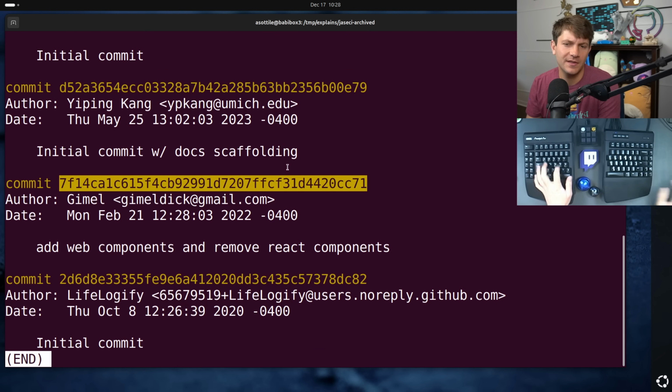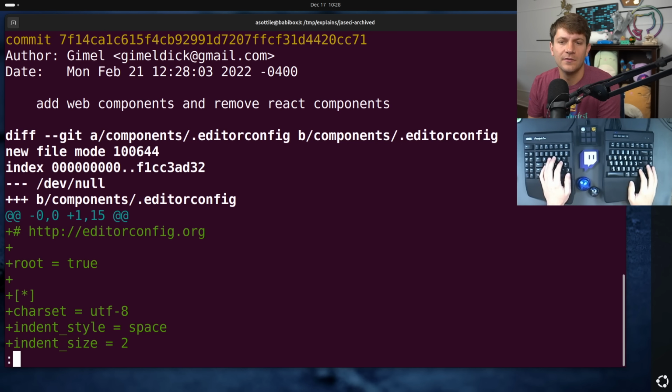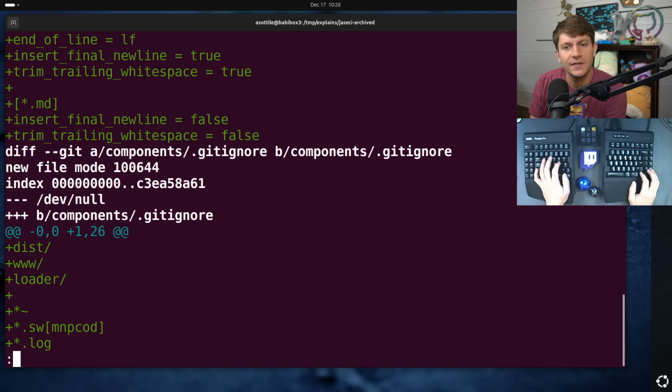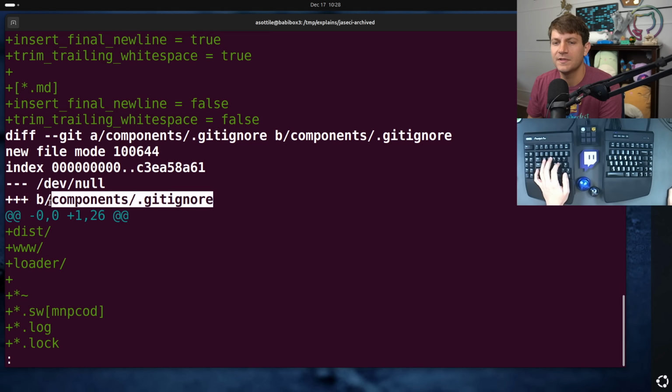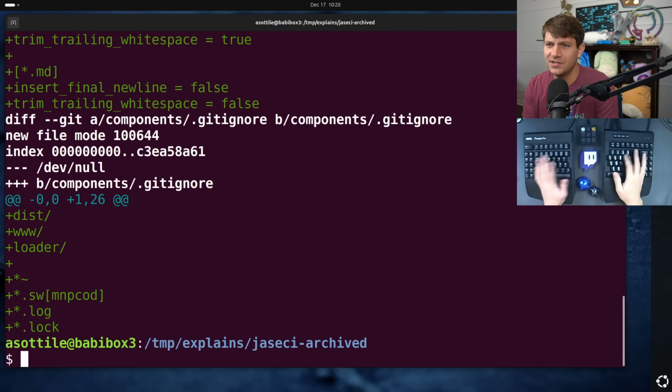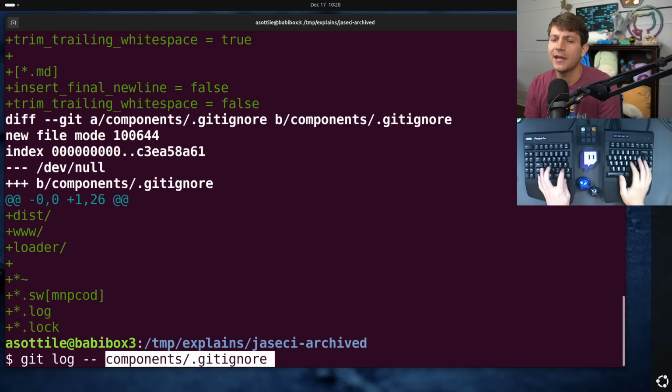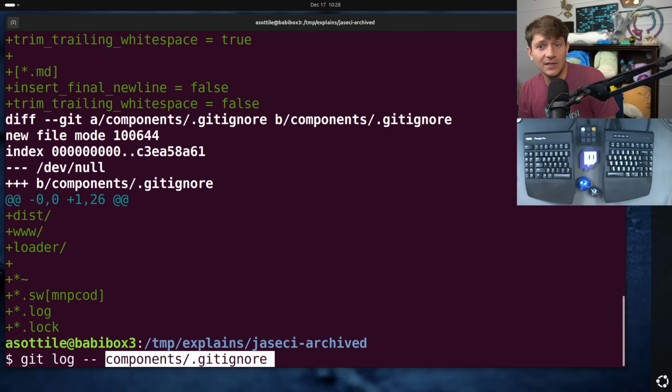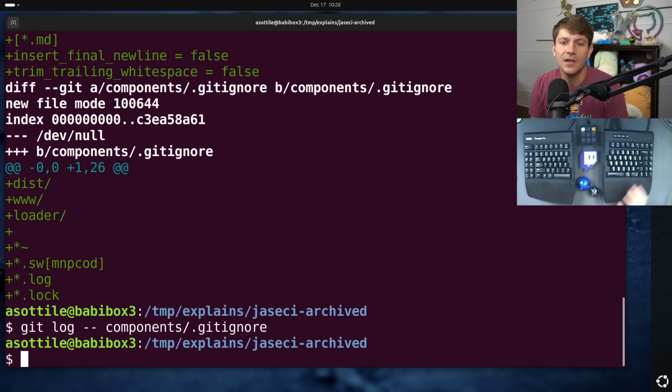So one thing that I want to show you, for instance, is this commit. We know that this file is introduced in this commit. We know this from looking at the patch of this commit. And one command that I use really often to figure out how things changed in a repo is to do git log and pass -- and then a file name. Typically Git will tell me all of the commits that touched this file and be helpful about figuring out what commits changed this. But we get none here.